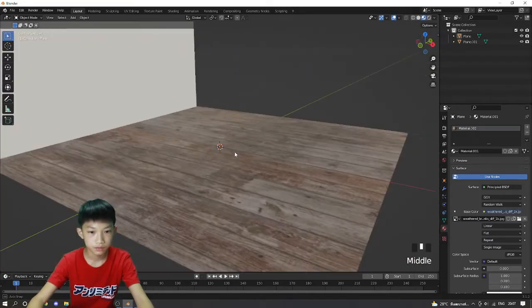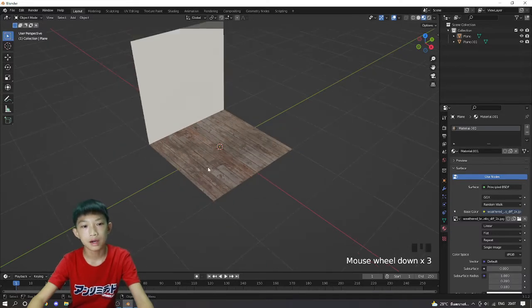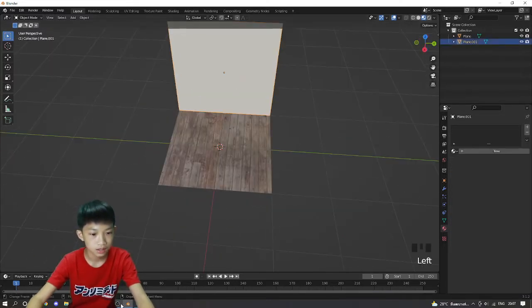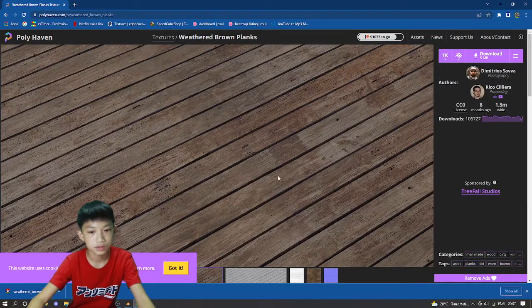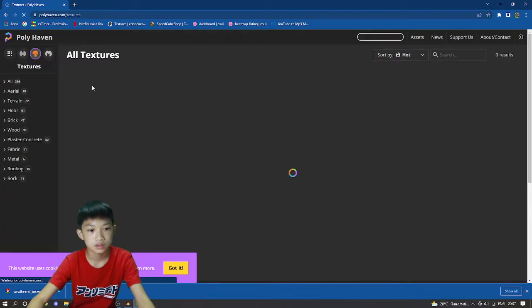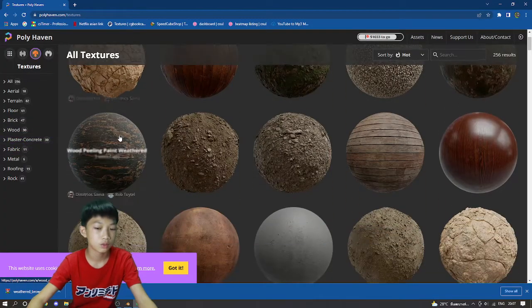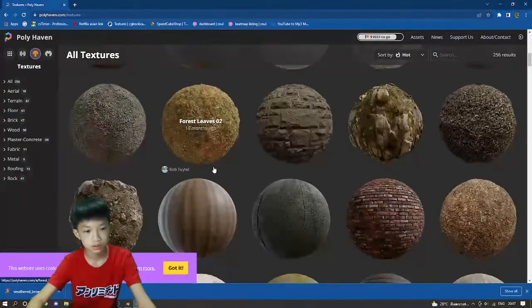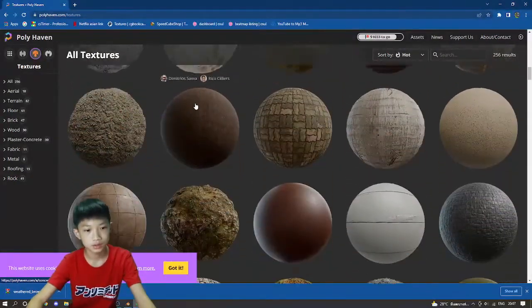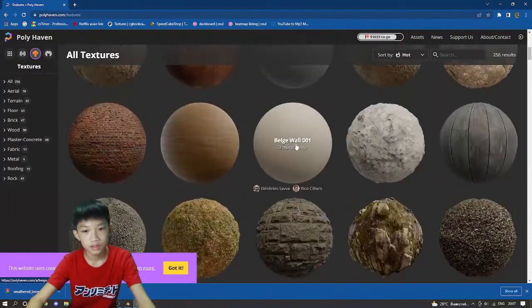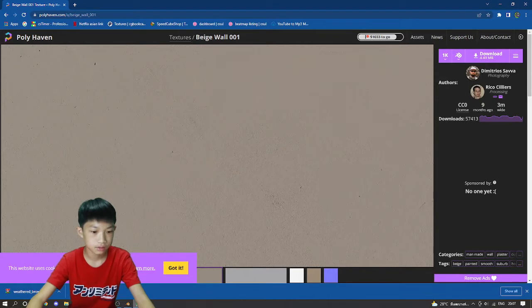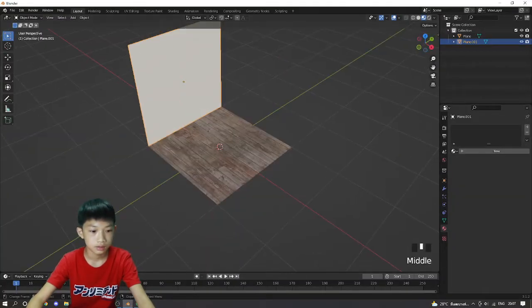Okay, so now we have our floor. Now we can also do our wall, but since our wall is white, I don't really see any difference, but you can try different ones. So go back into Chrome, textures, and let's say you want a brick wall. It can be anything, beige wall, kitchen wood, but for me I use beige wall, so I just downloaded it, and then now I have it